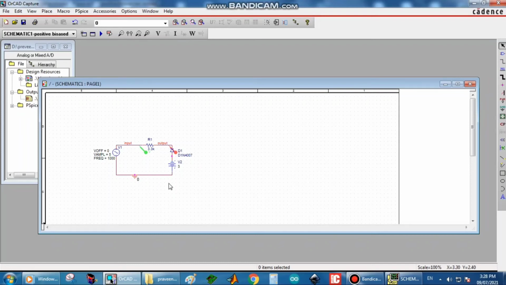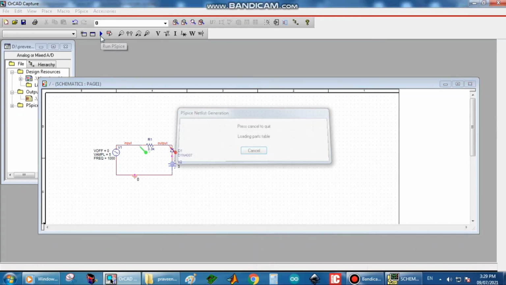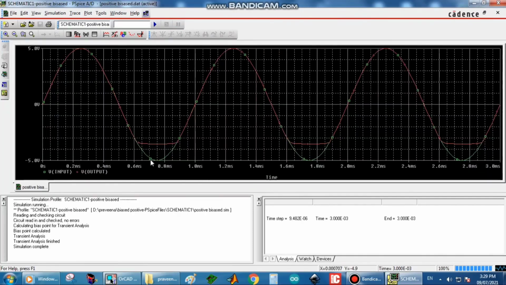You know the circuit diagram, and here the change is that the diode connection is reversed. Also the VDC connection is reversed. That is the only difference here, and all the rest of the portions are the same, and the circuit is done using the same previous steps. So now we can run the circuit. You can see in the waveform the output is in red color, and the negative side of the output waveform is clipped off.